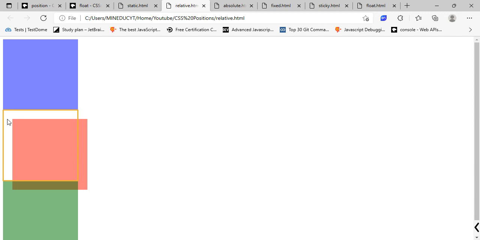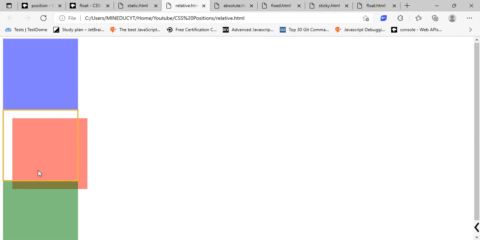It's like adding a margin here. So we have a margin here and it's adding up, and the other elements will not notice that. The other elements will just take into account that it has the normal position, but actually it has the relative position. So just let me delete this. Okay, so let's go to the